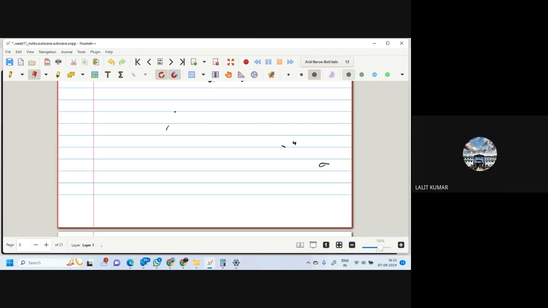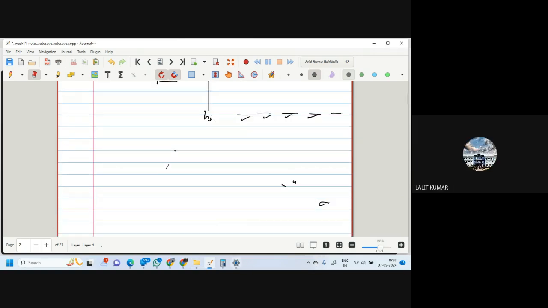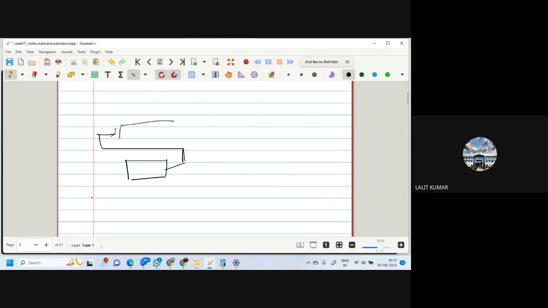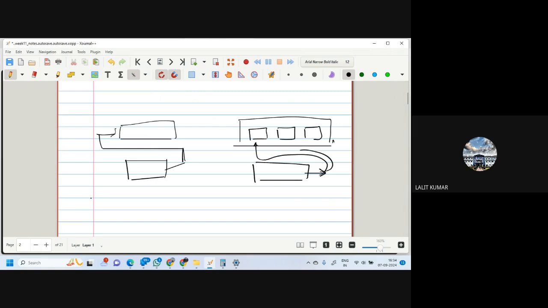Yes, you are audible. Okay, so we have completed the basic concepts of the attention mechanism. Now, how can the encoder decoder be used? They can be used in three ways. In the first, we feed the output of the encoder to the decoder. In the second, we feed the output of the encoder to all the states of the decoder: first also, second also, third also. And the third way is to use the attention mechanism,